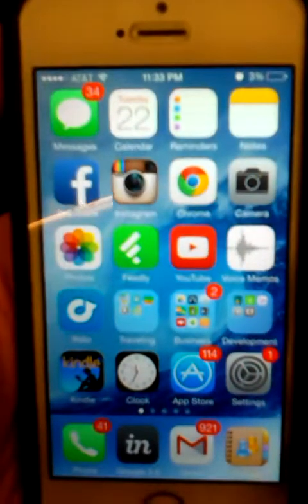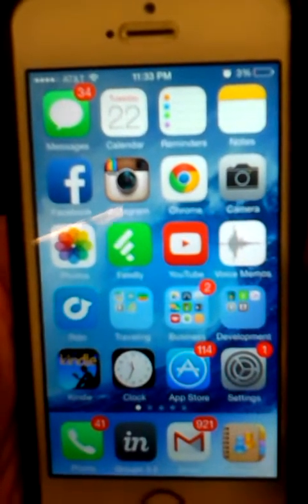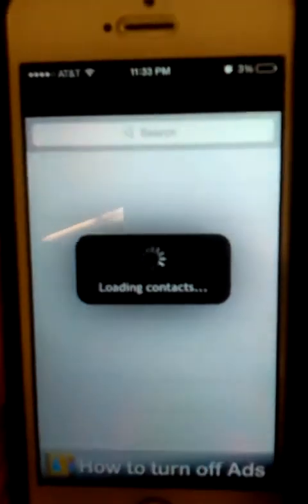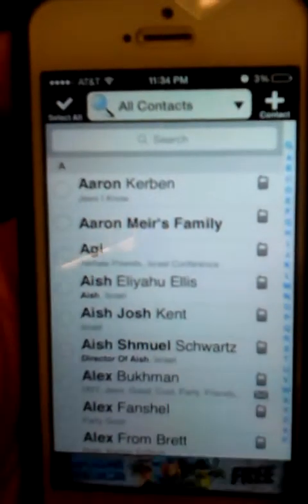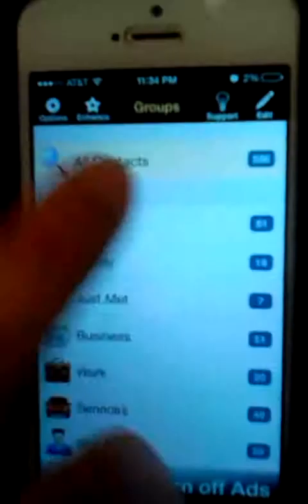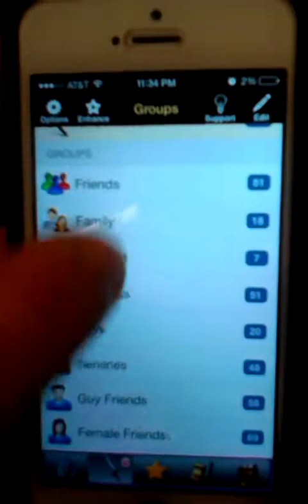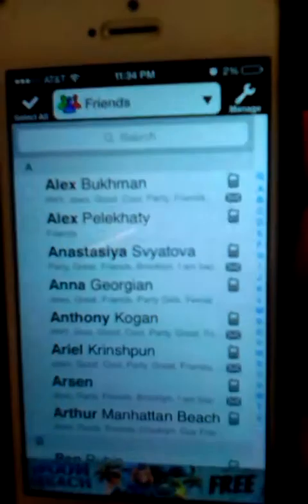Hey guys, so just a little bit of a demo of the technology we're talking about. So this is the Groups app that we have now that's being used by about 250,000 people. They use it to manage their address book, so typically your address book is just this long list you have to find people in. So they can organize it by different criteria like friends, family, and so forth.